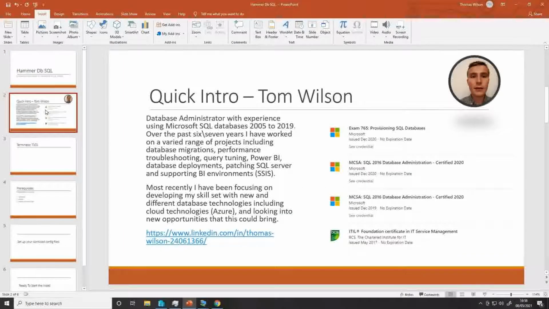Just a quick introduction as to who I am. I'm a database administrator with around 7 years experience working on a number of different database projects, migrations, supporting Power BI, analysis services, all the different Microsoft SQL services and that kind of stack. Most recently, I've been focusing some of my effort learning some of the Azure technologies and playing around with tools like this, like the HammerDB benchmarking tool, which hopefully if you've read my blog, you'll know that I've been finding